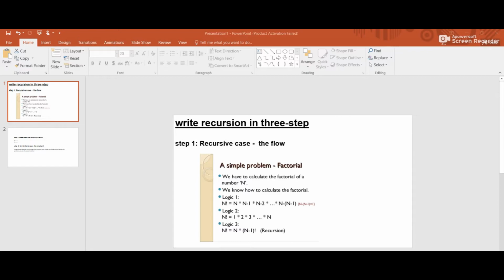Actually, we know how to find factorial of any number, and here in this slide we have a different type of logic to find factorial number. According to the third logic, a function calling itself. Here, suppose I have a function with factorial name and I provide a parameter as n, and here n into n minus 1, returning to our function. So I will create a factorial function, passing parameter as n and return n into n minus 1.